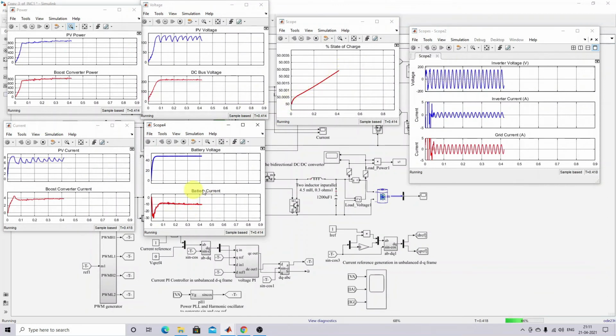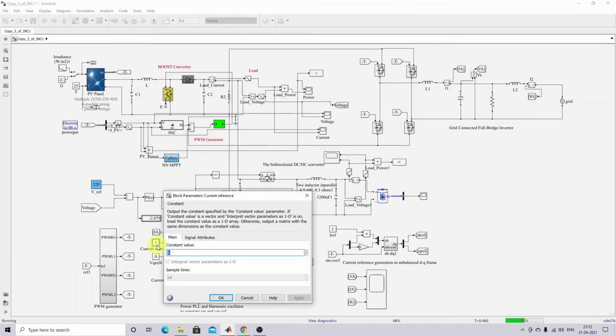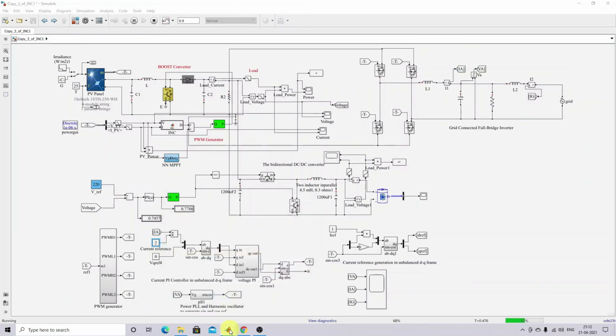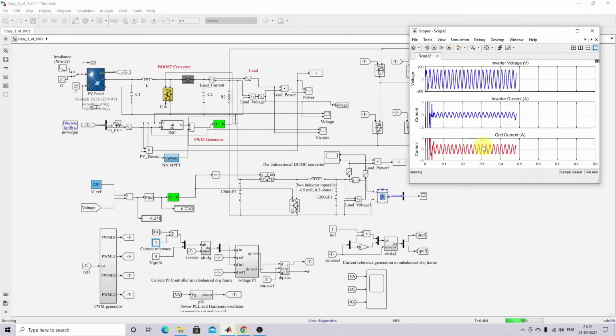That means the battery is in charging mode. Because of this current reference of 1, it is supplying nearly 0.7 amps. Now I'm going to change this current value. I'm going to increase the value to 2. You can see the changes in the